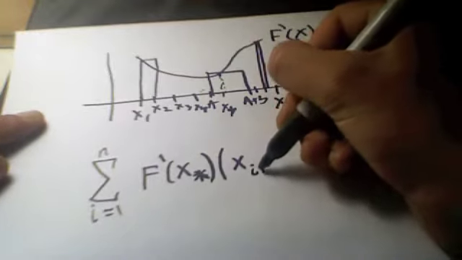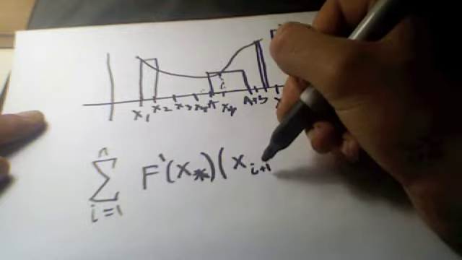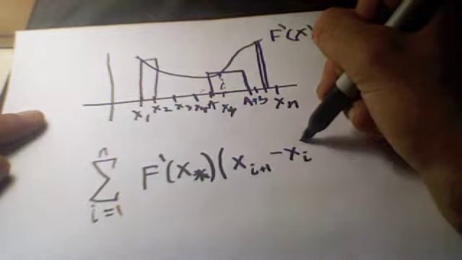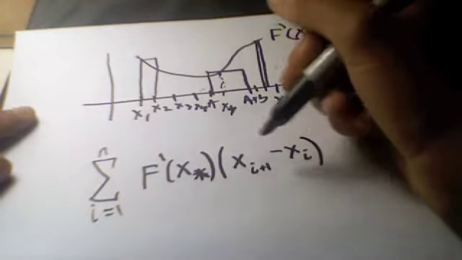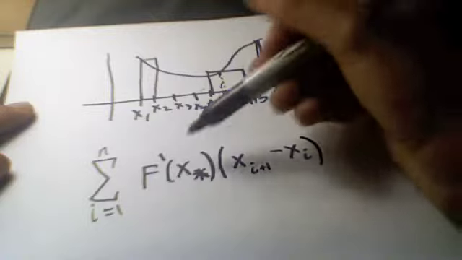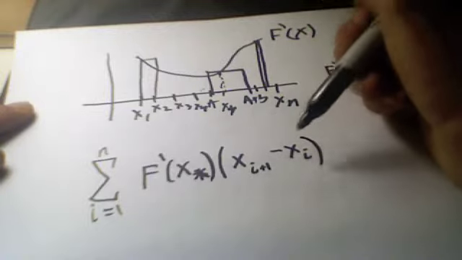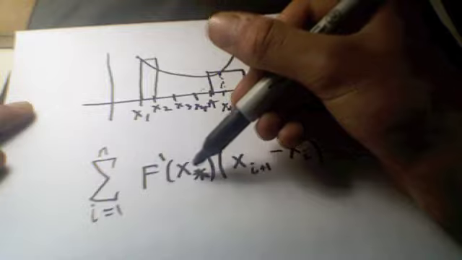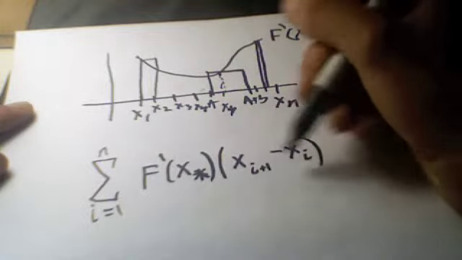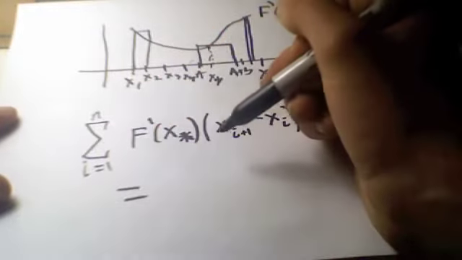So x sub i plus 1, so when i is 1, x sub 2, minus x sub i. Okay, that times f prime of x star, which is the value we know is in between any 2 points on the graph, and that the star is referring to whatever's next to it, which is these two guys right now. And that's going to be